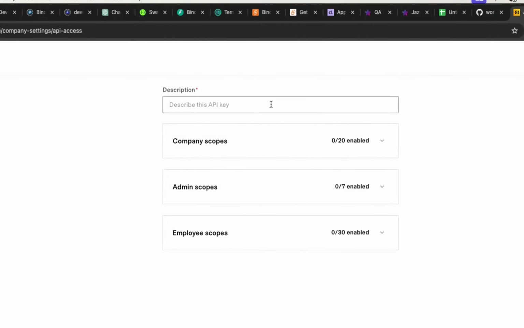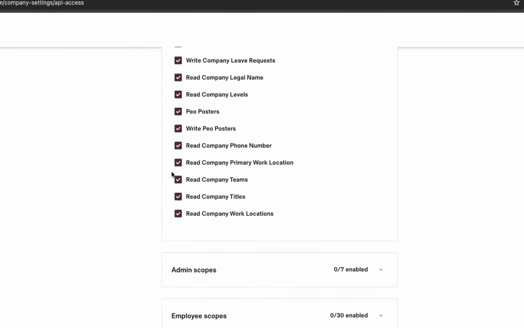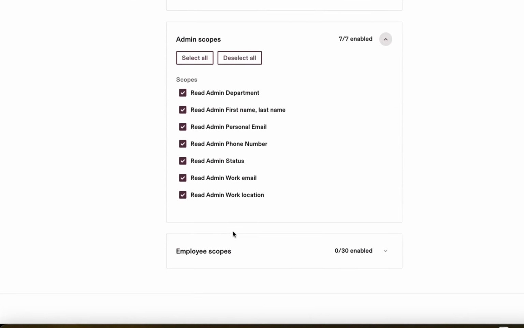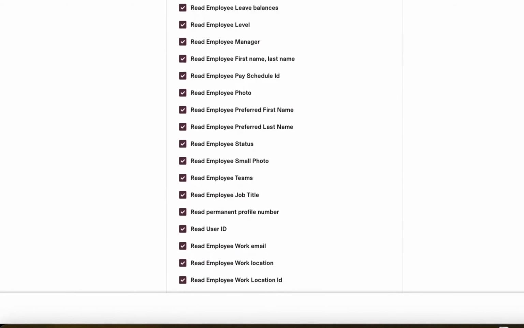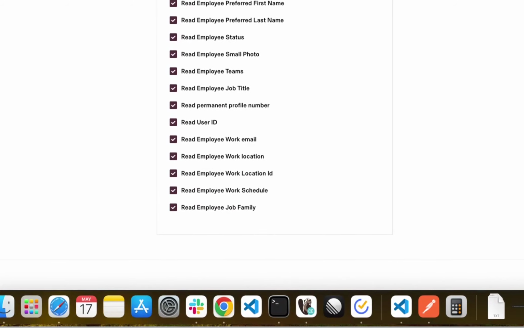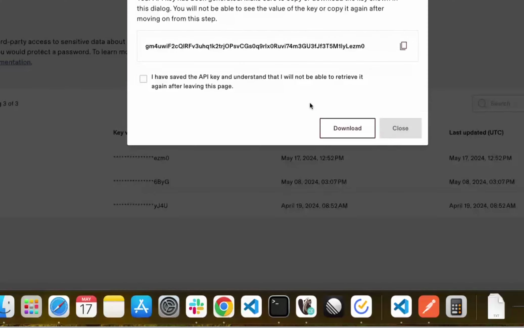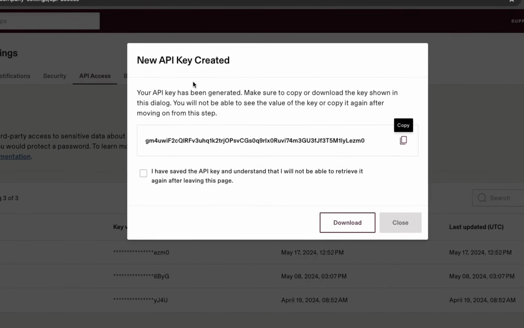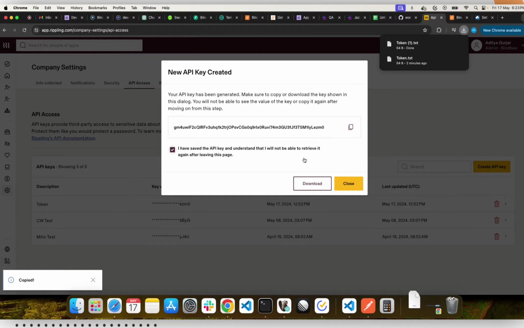So click on the API key here, describe this API key with any random string, and then click the scopes which are needed. For this, I'm selecting all the scopes. Then click on the create button. This will successfully generate an API key, and then make sure to copy it and save the API key in